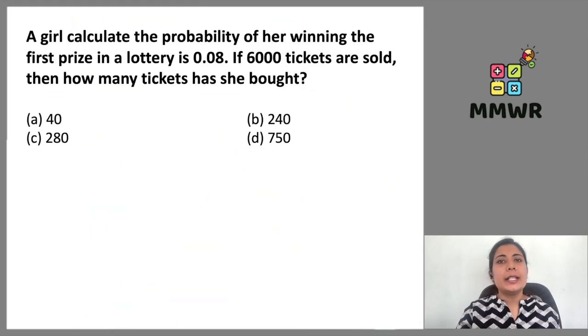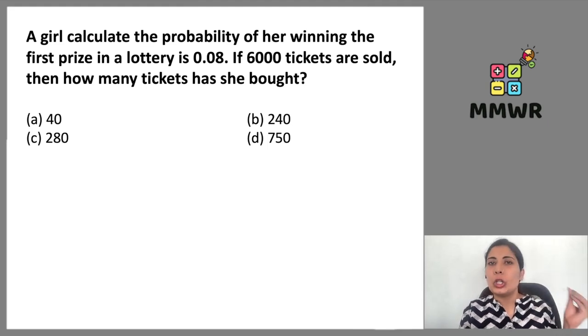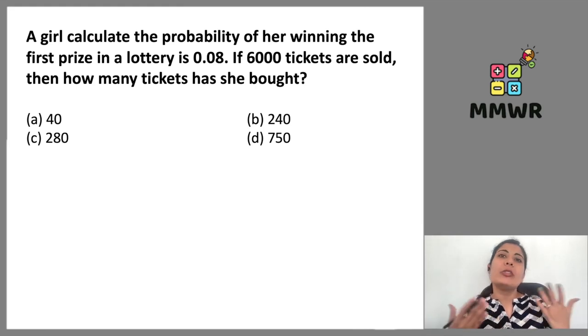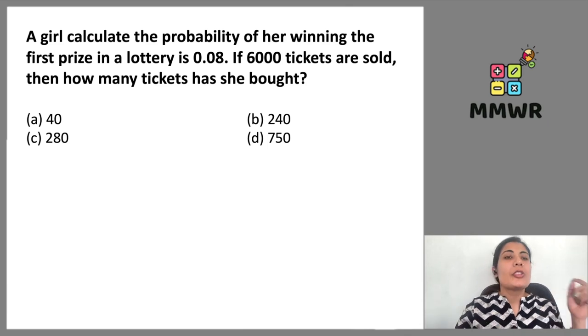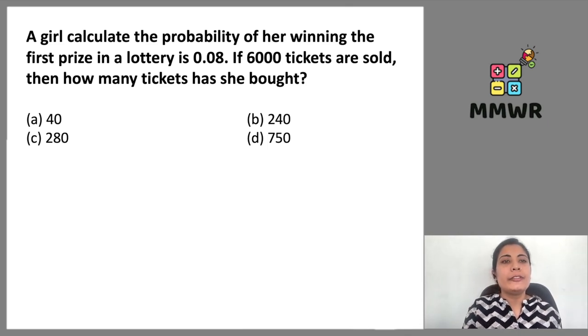Next example, this is the last example of today's session. A girl calculates the probability of her winning. If she is participating in any lottery, what are the chances of her winning? So of course, if she wants to take part in any lottery competition, the more tickets we have, the more chances we have to win that lottery, right? The more tickets we have, the more chances of winning. So the girl calculates the probability of her winning the first prize in a lottery. Probability of winning,